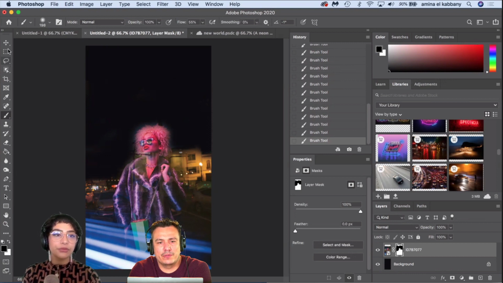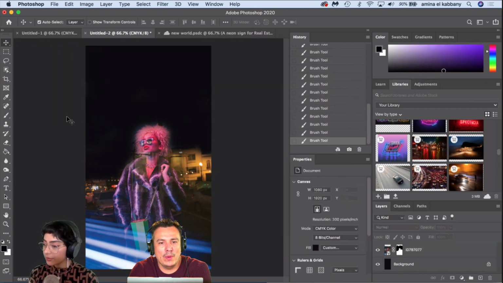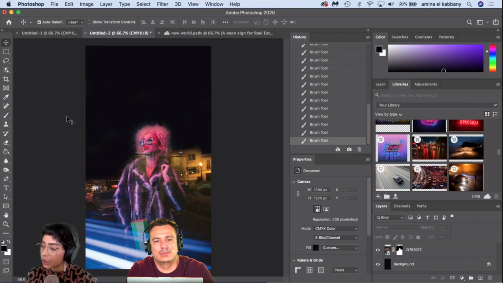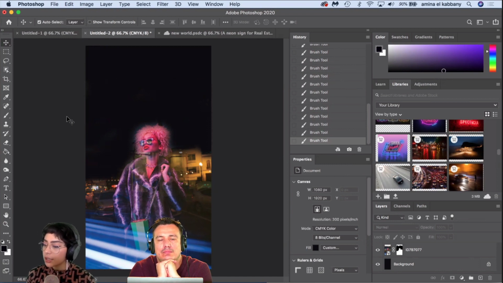So, a question from Alberto regarding the brush tool that you're using: do you keep your flow at 55 or do you go up and down when needed? I go up and down as needed. And Jeffrey asked, how do you decide between horizontal and vertical orientation, landscape or portrait, on a composition at 1080p or 1.4 phones? So this is 1080p vertical. I personally like vertical better. I think it's much more fun to build on top of, but it's really just personal preference.